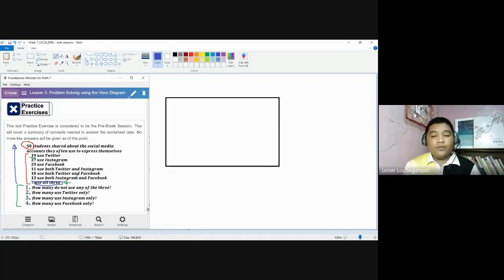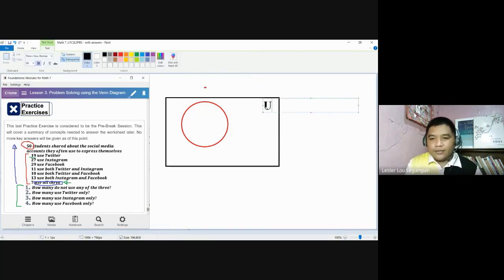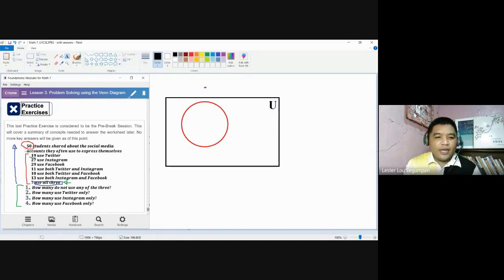them. To demonstrate that, let us try to use red for Twitter, a circular figure as what we often use here. By the way, don't forget that this rectangular figure is our universal set. This would mean that this universal set should address our 50 interviewees here. No more, no less. If this is our Twitter circular figure,